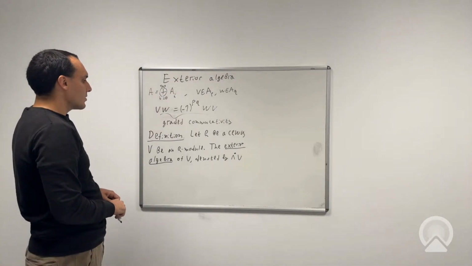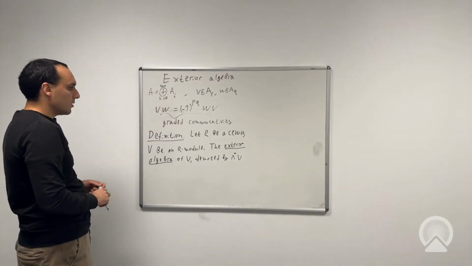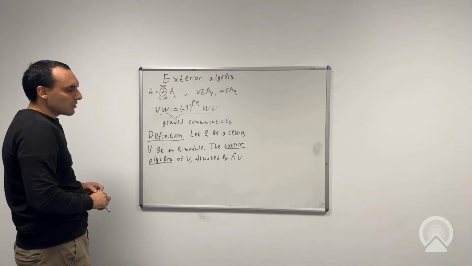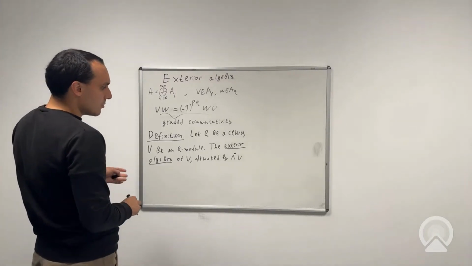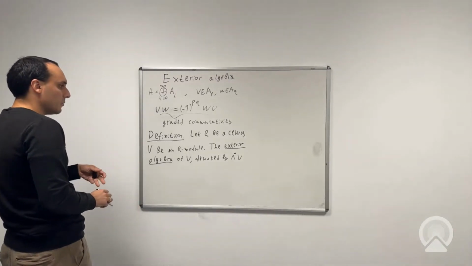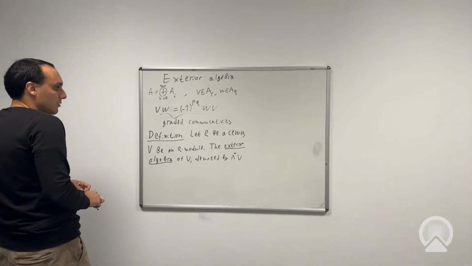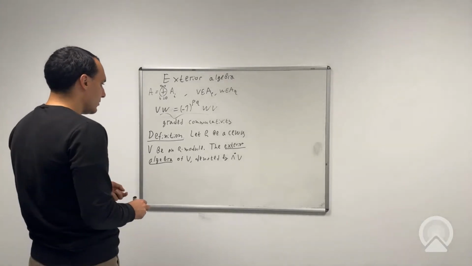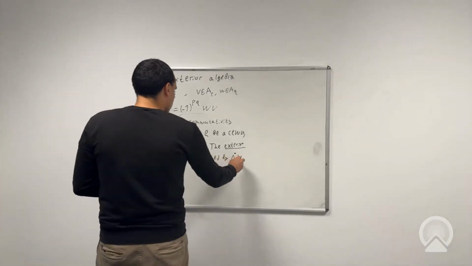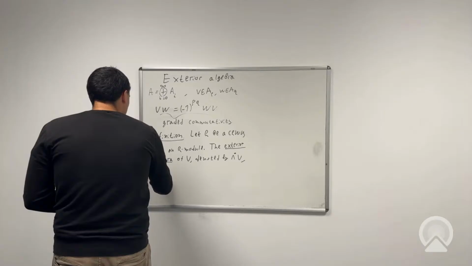I will use it because I use a similar symbol for other graded algebras that will occur in the future. Lambda V is the smallest